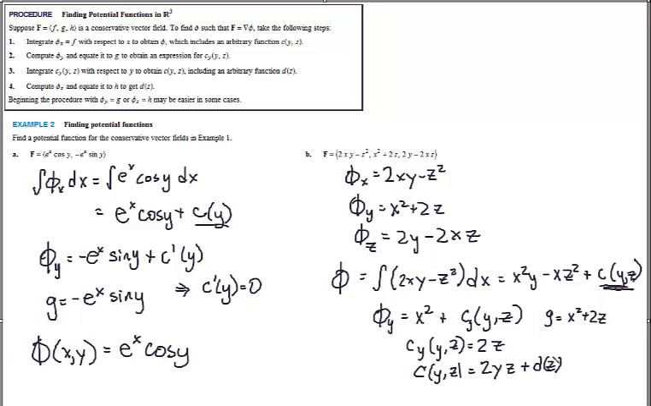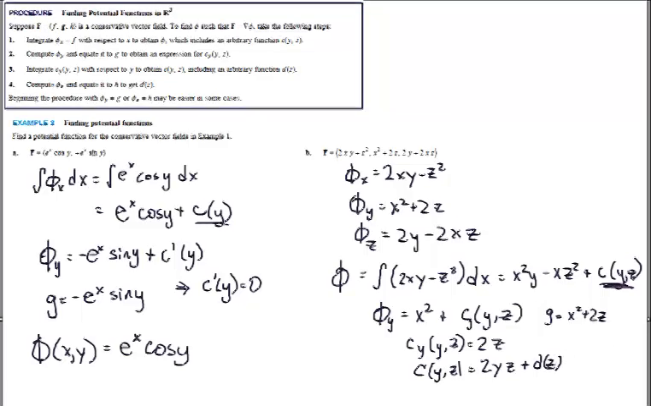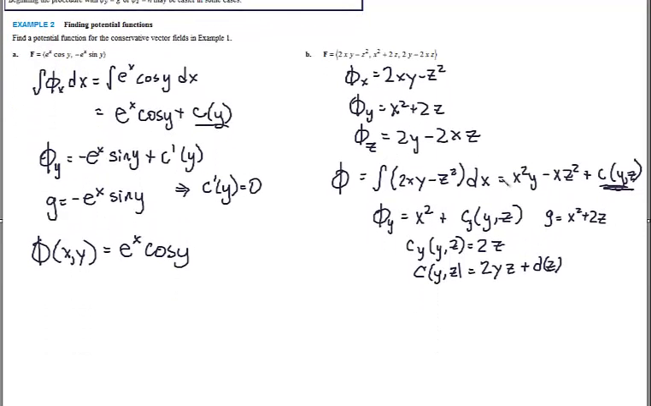In order to determine d sub z, I'm going to differentiate phi with respect to z. So I'm going to differentiate this guy with respect to z. Doing that, phi sub z is then going to be equal to minus 2xz plus 2y plus d prime of z. Alright, almost there. I know that h equals 2y minus 2xz, so therefore